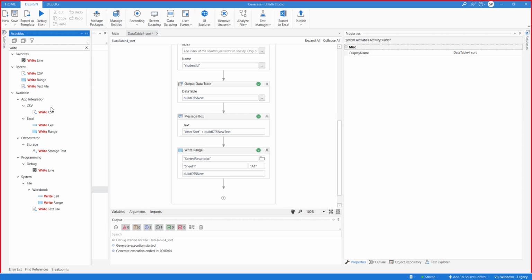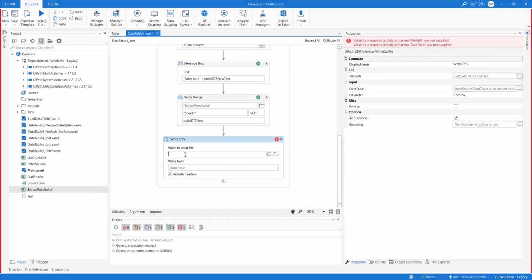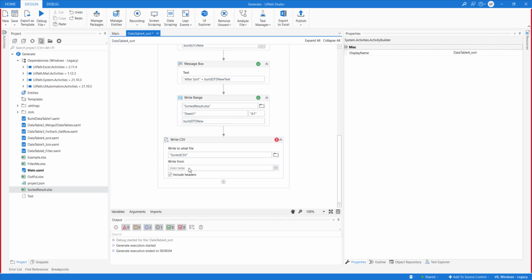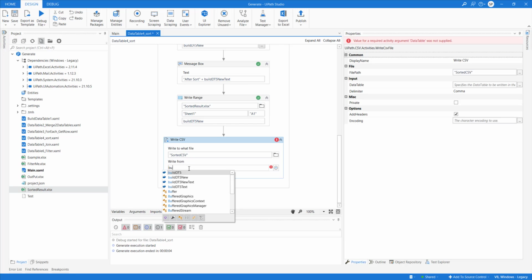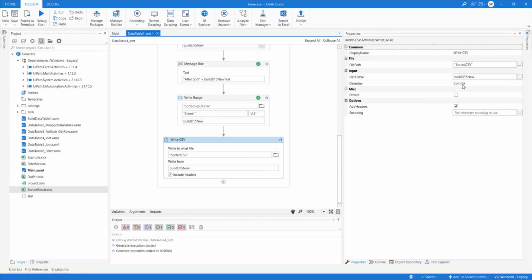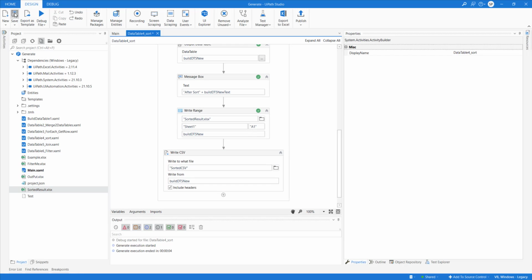Here it is. The only thing is that you need to know the activity name and what input has to be passed. It takes an input of data table and include header, instead of coming here, it's coming here. So you can write CSV using this one.